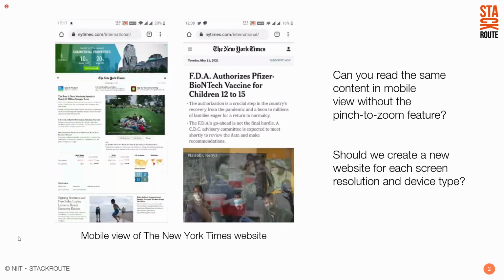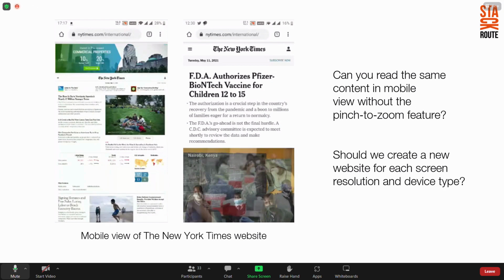Should we, as a developer, so as of now, I'm talking about the customer point of view, when we are a customer to a web application. Think if you are developing this New York Times website, do we create a new website for each screen resolution and device type? So let's assume,